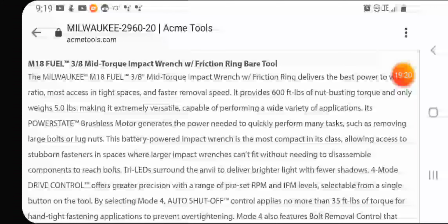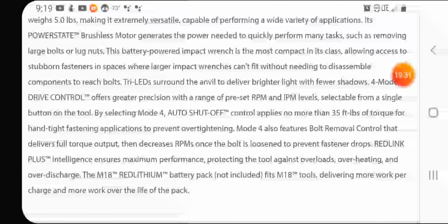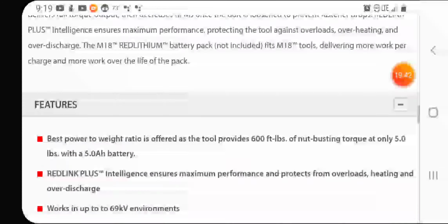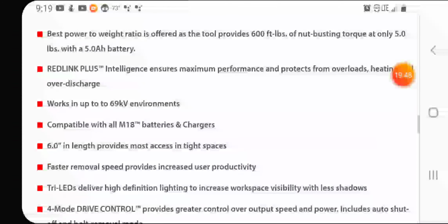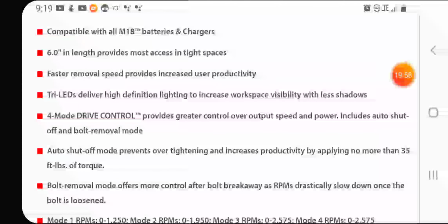So it provides 600 foot-pounds of nut-busting torque. Weighs 5 pounds. And then you have the 4-mode drive control with auto shut off too. And this has no more than 35 foot-pounds of hand fastening torque. So with a 5 amp hour battery, it weighs 5 pounds, and you get up to 600 foot-pounds of torque. It's 6 inches in length, which, as you can see, the compact is,